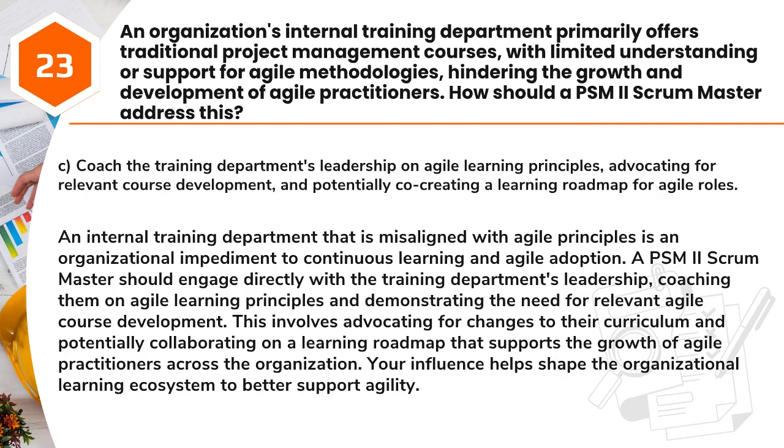Answer. C. Coach the training department's leadership on Agile learning principles, advocating for relevant course development, and potentially co-creating a learning roadmap for Agile roles. An internal training department that is misaligned with Agile principles is an organizational impediment to continuous learning and Agile adoption. A PSM II Scrum Master should engage directly with the training department's leadership, coaching them on Agile learning principles and